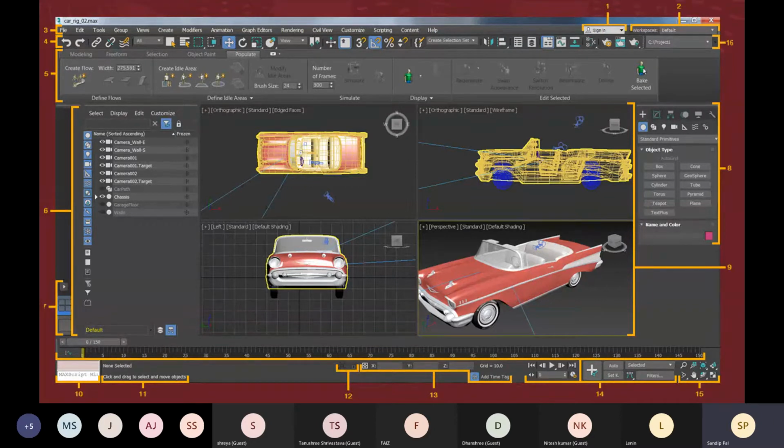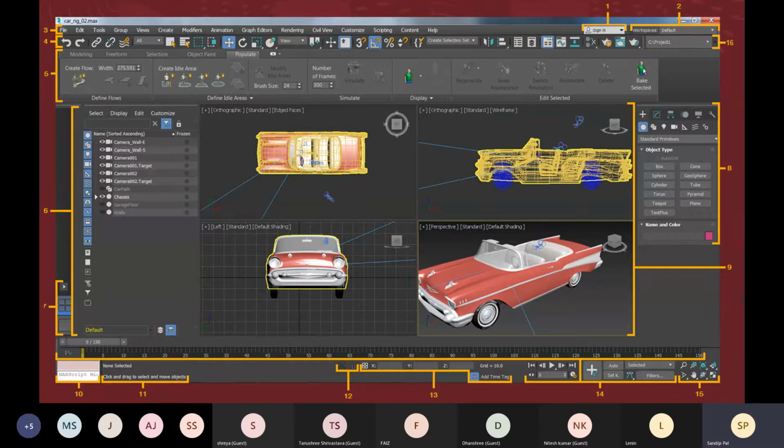So here not only any kind of model, you can create any kind of animation, cartoon character, any kind of character you can make here also. So you can understand that making any character is a tedious task. And not only that, you can create movements, you can create animation of those characters, any kind of animation. And for our civil department or architecture department, we can create walkthroughs, stunning realistic videos for our project.